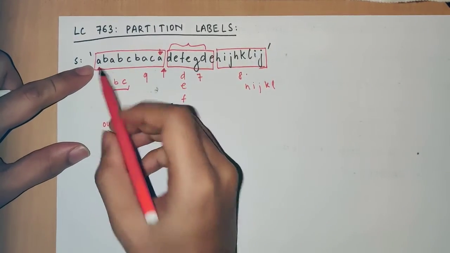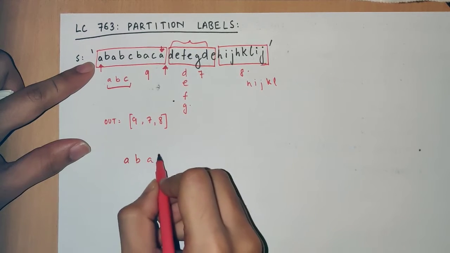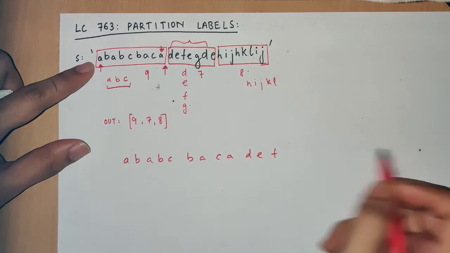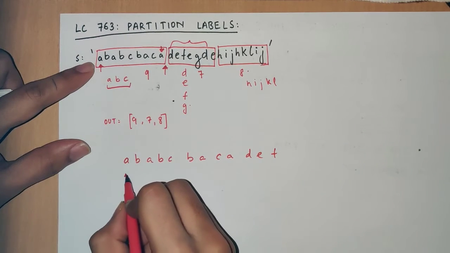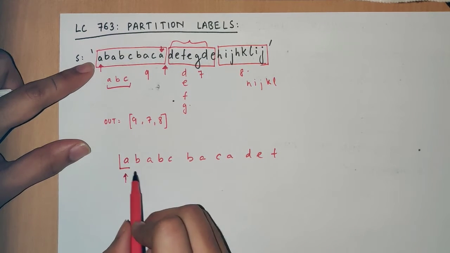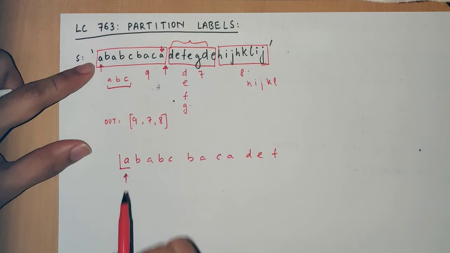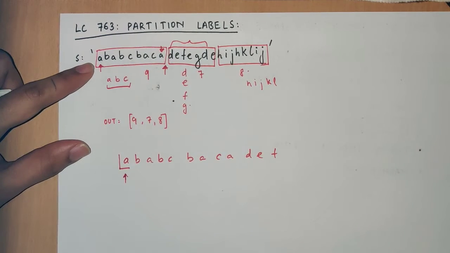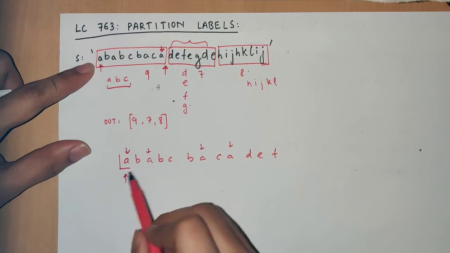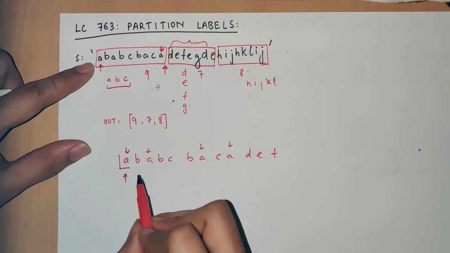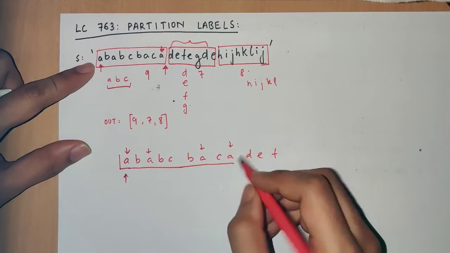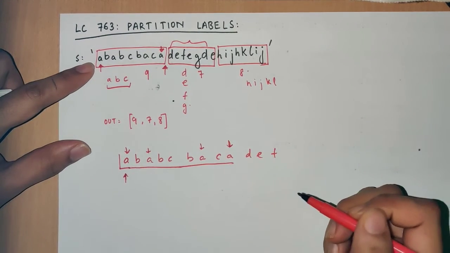So let us start from the first element: A, B, A, B, A, B, A, C, A, D, E, F. There are some remaining elements, so let us start at this element. If we want to include this in our first partition, then we should include all the A's in this partition itself, right? However many A's there are, all need to be included in this partition. So ideally we need to increase the length of this partition till the last occurrence of A.